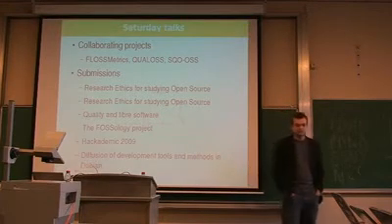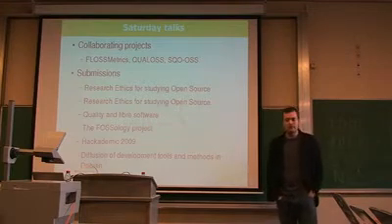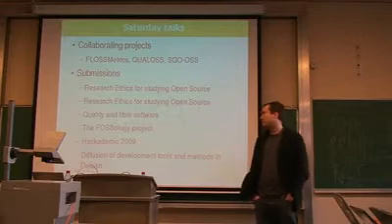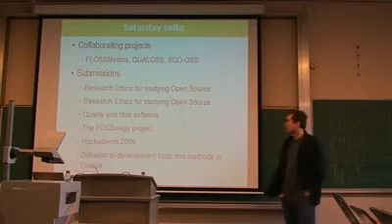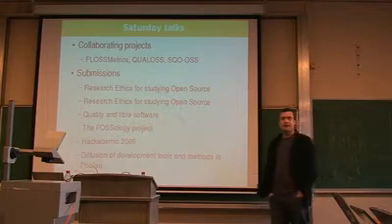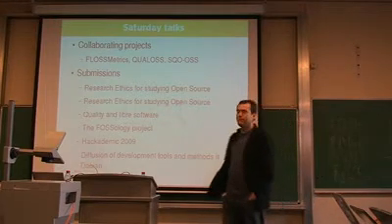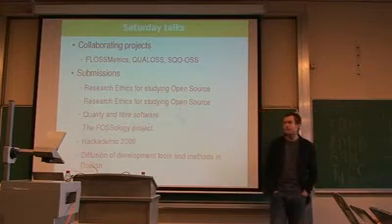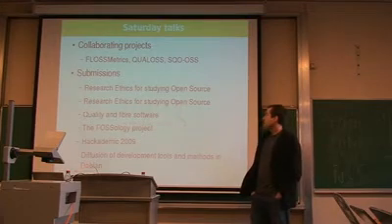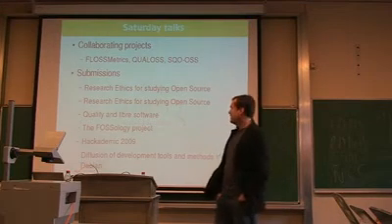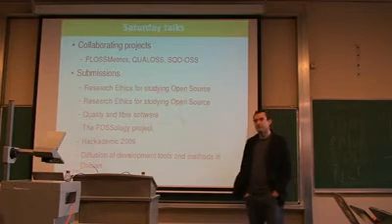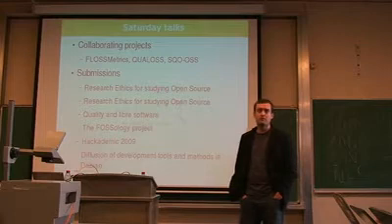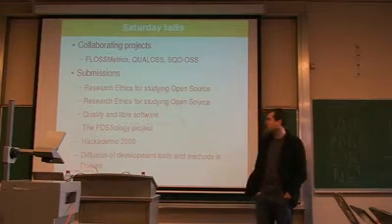Qualoss is intending to develop a quality model for open source projects in order to make them more attractive for companies. And Squaw is kind of a mixture between FOSmetrics and Qualoss, because they intend to develop another quality model and they are also gathering metrics about open source projects. And Mancoosi, I have to admit I don't know that project very well, but as far as I know, it's related to managing complexity in the open source scope.